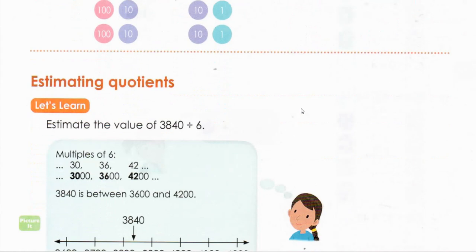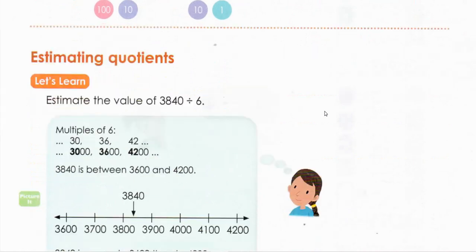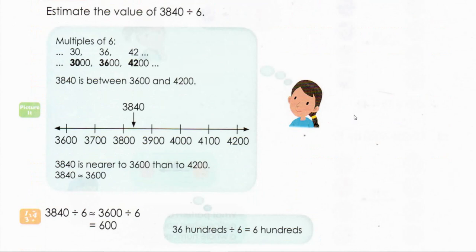Then we'll go to estimating quotients. Again we are going to estimate here. What I said in your previous, you are going to estimate approximate values, that is rounding off nearer to their hundreds, thousands or tens, whatever it is. So here example given, 3840 is nearer to 3800. It is far to 3900. If you are taking to the hundreds value, if you take it to the thousands value, what happens here?